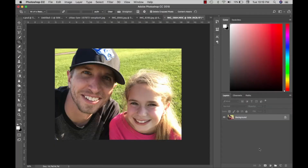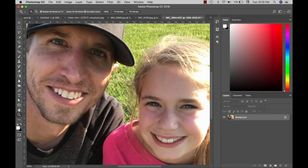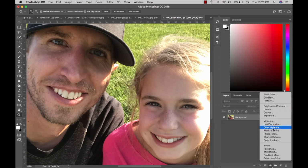This is a picture of me and my dad watching my sister's soccer practice. We have pretty nice smiles already, but we're going to make them even better by whitening our teeth. So let's get started. I'm going to zoom in a little bit. There, now I can see our teeth. And we're going to be as non-destructive as possible, which means we're not going to mess anything up with our